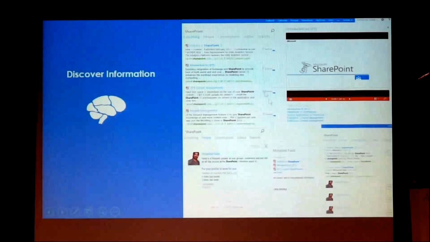Then discover information, which we are talking about. SharePoint, this is how the view will look like. The thumbnail will look like this. I took a screenshot yesterday, today I cannot. Okay, that's the reason I took screenshots of some of the things. We can see the thumbnail. You can see the information on the PowerPoint that you have.